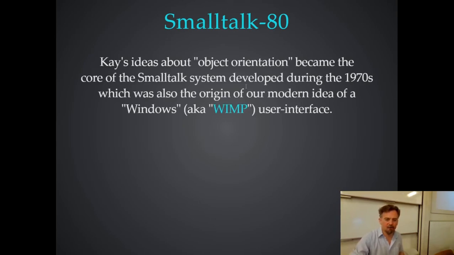And this is how it was all done. There was work done in the 70s to generate the early object-oriented systems. They also included the early windows, icons, mice, and pointers, the WIMP user interface. It was called the WIMP user interface, in part, because it was so easy to use. It was for weaklings, whereas hardcore programmers used the command line, of course. Now, I know that the command line is retro cool nowadays, and obviously you can do a lot of powerful things on command lines, but the idea of making computers a bit more presentable and user-friendly was an idea that some people thought would be useful, and he was one of them.